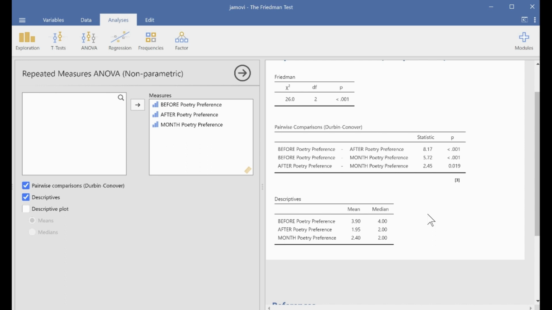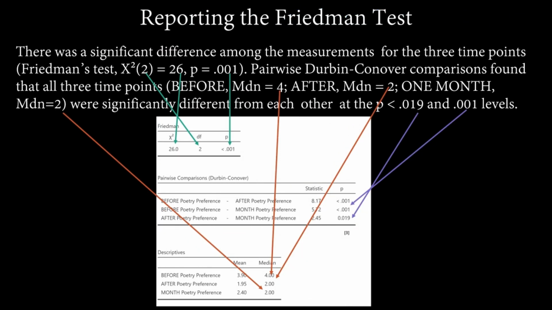So now the only thing that is left to do is to report the Friedman test and to write it up. Having done the test, now let's report the Friedman test. Let me read through the language that we use here. There was a significant difference among the measurements for the 3 time points. We then report the Friedman's test, the chi-square, the degrees of freedom, the actual chi-square Friedman test result, and the